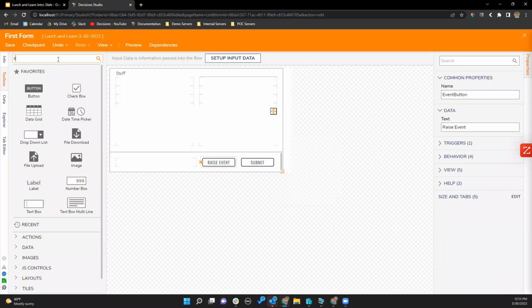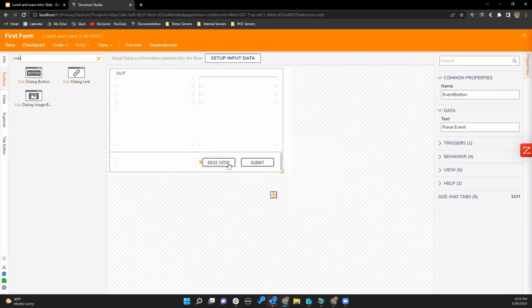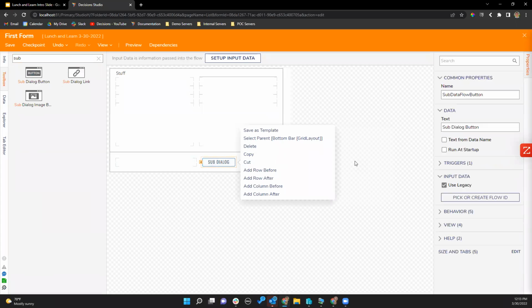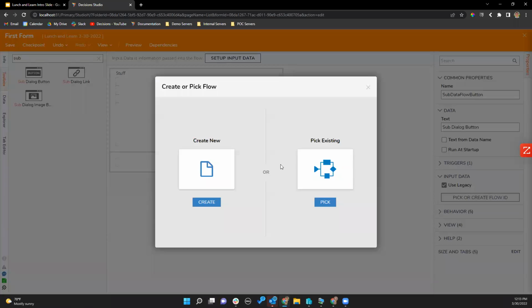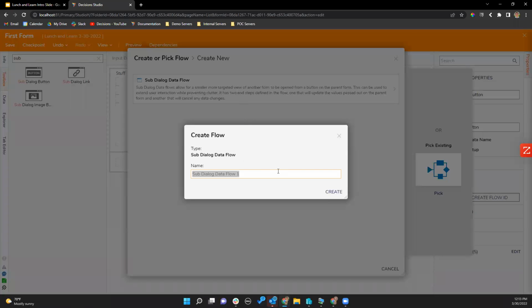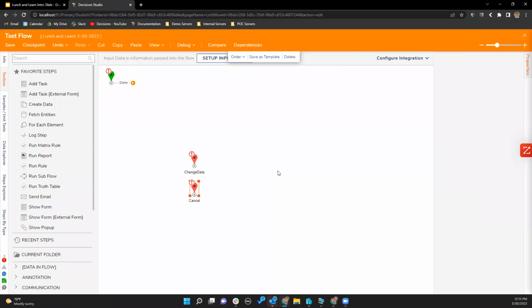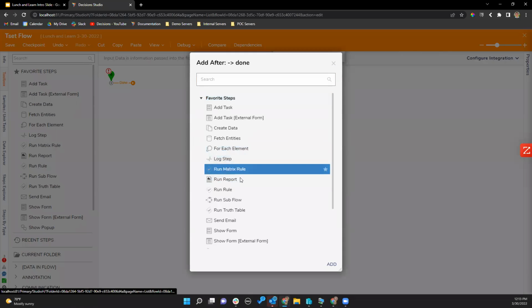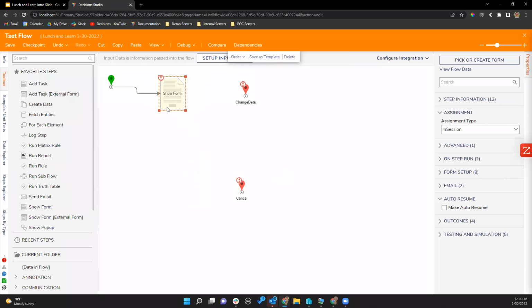Actually, we can do this, but I should create a sub dialog button. And this right here kicks off a flow where you could say, you can have a form right here that could be